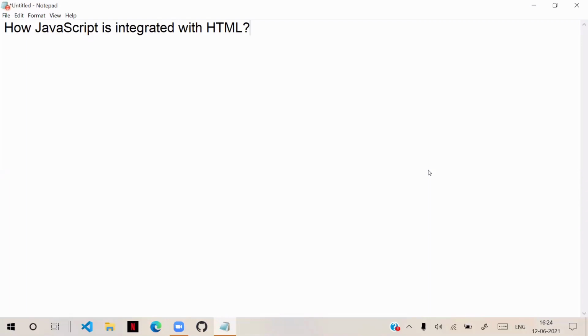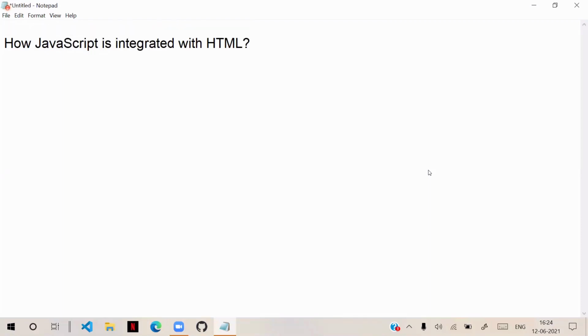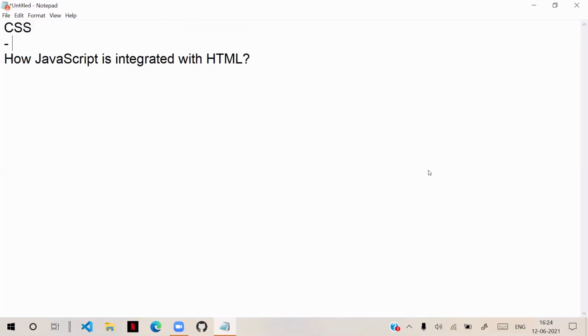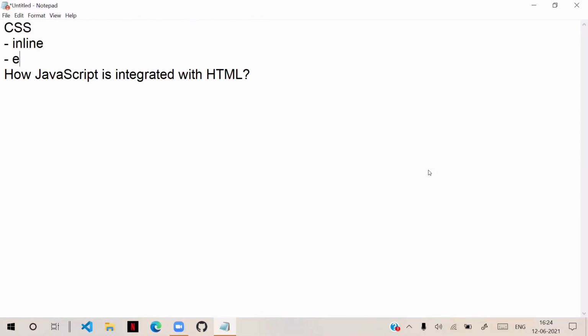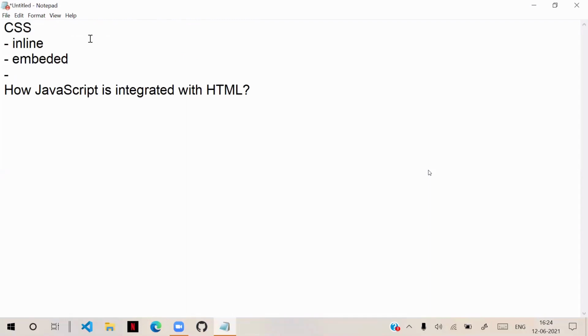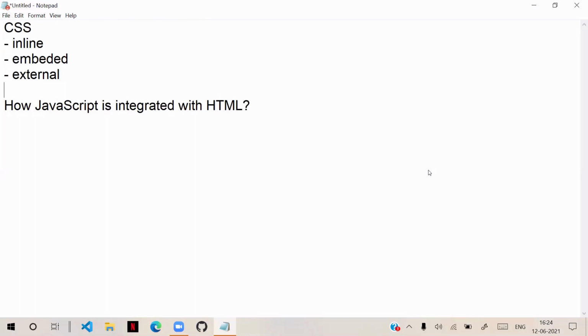If you remember, in CSS we discussed that CSS can be used inline, CSS can be used embedded, and CSS can be used from an external file. So we discussed that CSS can be used in several ways. In the same way, how is JavaScript integrated with HTML?